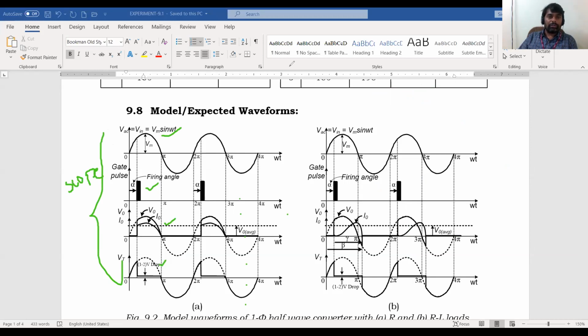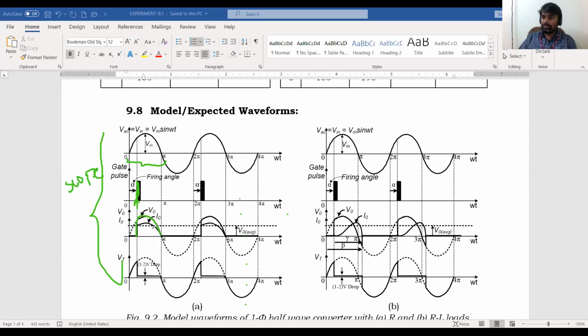Now you can see here, if you want to control and convert the positive half cycle, I can apply the firing angle alpha to the SCR from 0 to pi. I have applied the firing pulse at omega t equal to alpha. Alpha is the firing angle, which varies from 0 to 180 degrees, because from 0 to 180 degrees the thyristor T associated with the positive half cycle is in forward bias condition. So if I apply the firing pulse to the SCR at omega t equal to alpha, from alpha onward the output voltage follows the input voltage. You can see the output voltage variation like this.